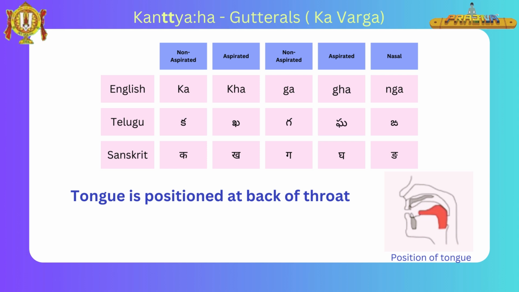Note that the second and the fourth letters, or aspirated letters, are Mahapranas, and the first and the third letters are non-aspirated letters, or Alpapranas. To pronounce an aspirated letter, air is expelled along with the pronunciation of the sound. The last letter of each varga is pronounced with the help of the nose, and it is a nasal sound. They are also called Anunasikaha.